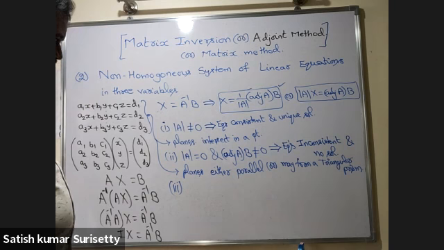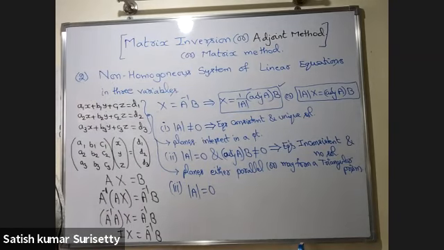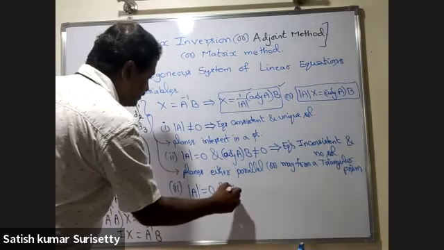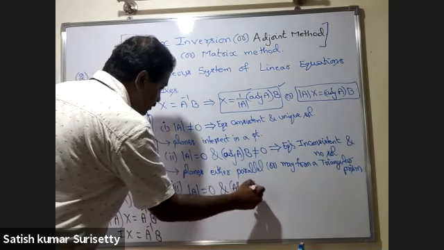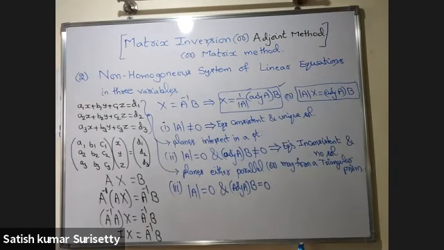Third case: determinant of A equal to 0 and adjoint of A into B equal to 0, then the system of equations